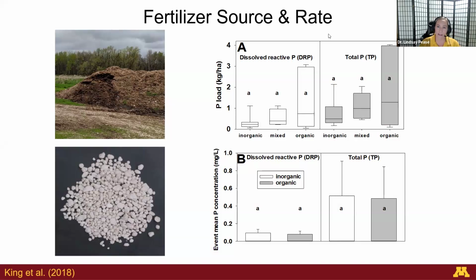One thing that ends up being a really hot topic, especially if you're in a heavily animal agriculture area, is this idea of manure application on farm. One of the research projects that I got to participate in when I was a postdoc working with USDA was that we started to look at these losses and we looked at the differences between organic sources, that's your manure, versus inorganic, your commercial fertilizer. And the story's a little bit more complicated than it seems on its face.